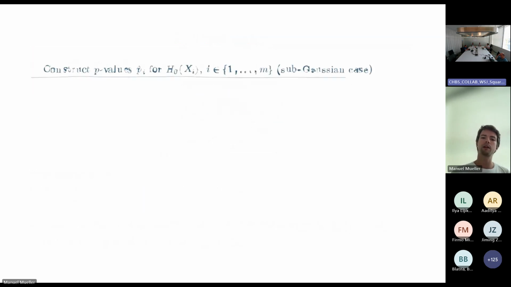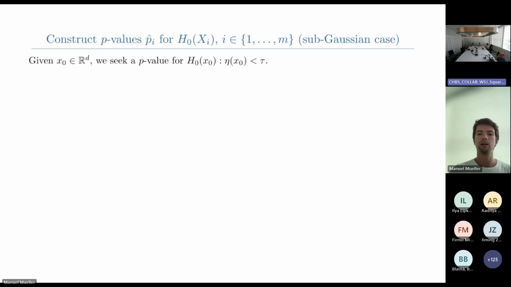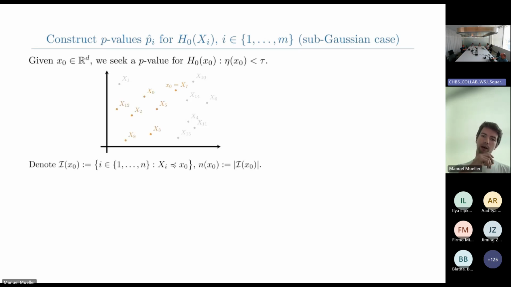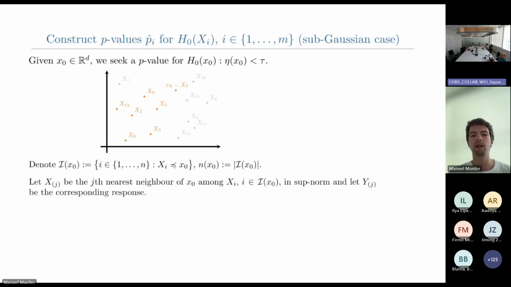Regarding the second step, the construction of the p-values, this alone is actually not trivial under the assumptions that we have made, especially since we are interested in finite sample validity. And so let's say you're interested in the point x0 equal to x7 here in the middle. If you're not willing to fit any kind of model to your data, the only points that you can use in order to reject the null hypothesis there are the points that lie to the lower left of the point x0. And so the issue is we don't know how many of any of these points we should be including in our test statistic. So we start with the point x0 itself.